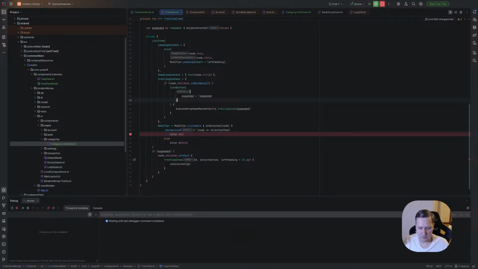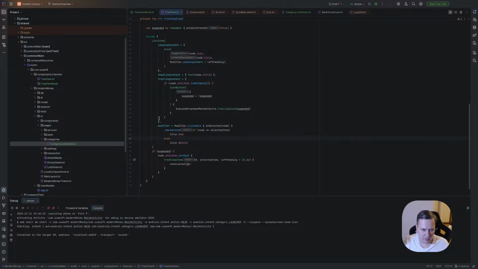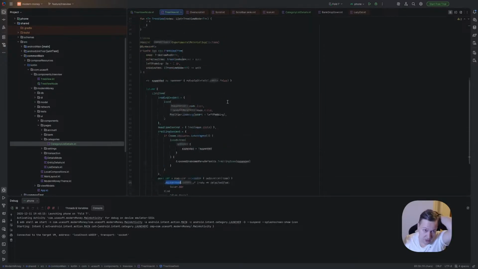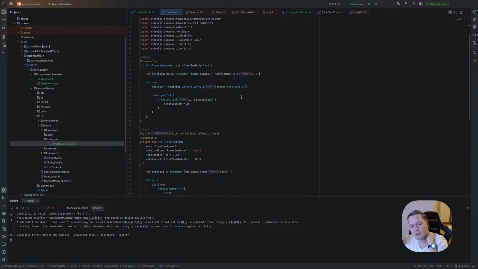So maybe it's just not a good approach for how I provide colors. Yeah, it's stuck for some reason. So maybe it's not background for list item. Maybe it's something else. Anyway, we can use it, and right now, yeah, it works.